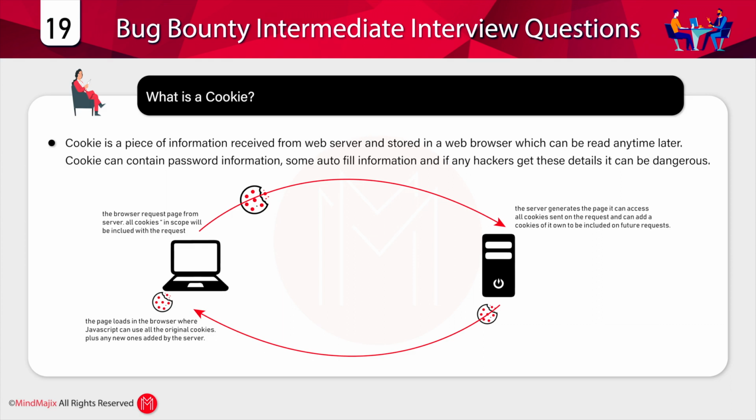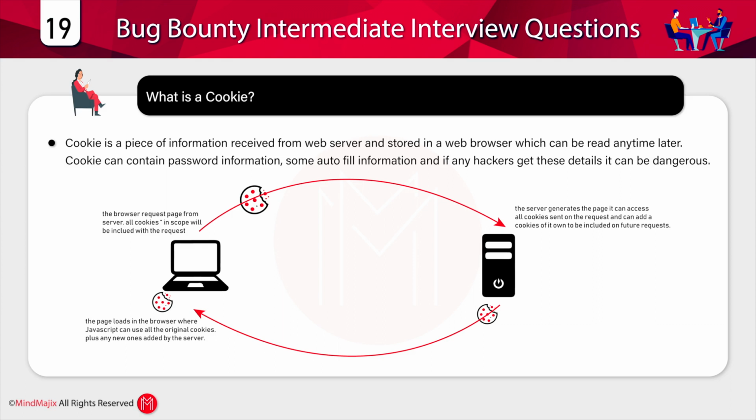A cookie may contain password information or autofill information and much more, like unique IDs generated for each and every individual session connection, right? If a hacker gets access to these cookies, that can lead to very big damage. A hacker can log in to your accounts without a password also,